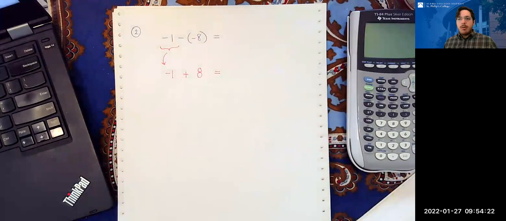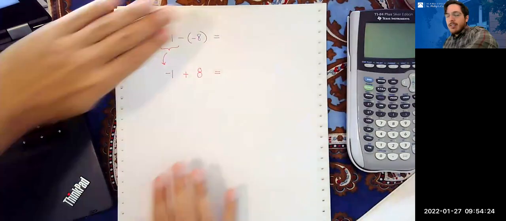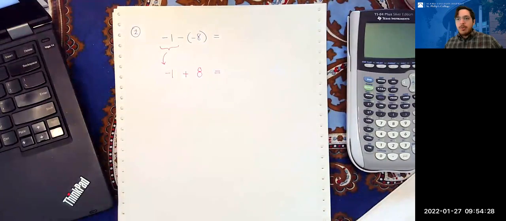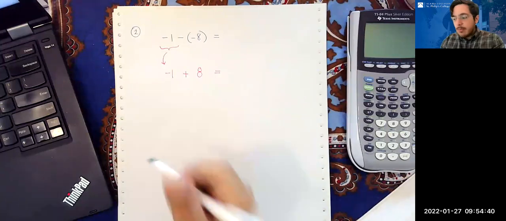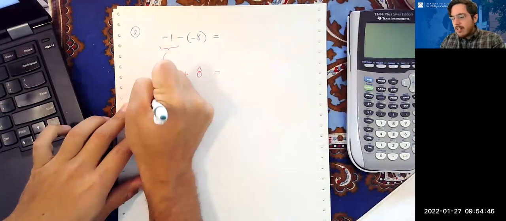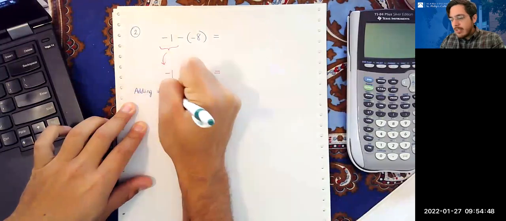Now I have an addition problem. I don't want to look at the original problem as I wrote it because I changed it to an equivalent expression. Now I have to figure out how to add a negative number and a positive number. Can anybody tell me how I do that? By subtracting. Right. So remember, when you're adding numbers with opposite signs or with different signs,